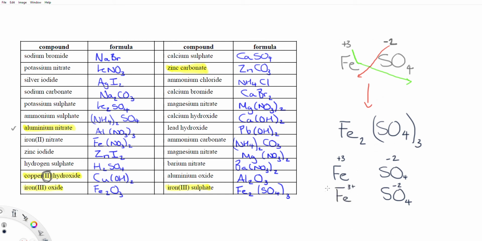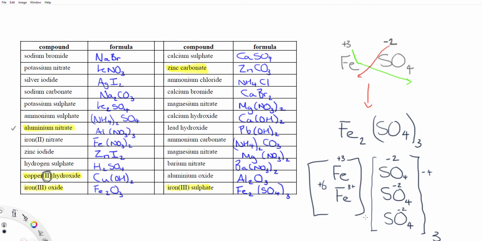So I've now got a total of +6 on this side, but I've only got a total of -4 on this side, so I would need another sulfate. And you can see I now have 3 sulfates and I have 2 ions,